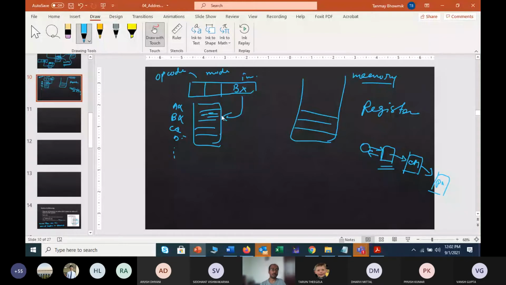So now tell me, could you identify any effective memory address right now? This was my memory, this was my instruction, this was your register. You are fetching the operand from the register, not from the memory. So what will be your effective memory address now? Any idea? Is it possible to get any effective memory address? Any answer please, yes or no? You can make a wild guess, no problem.